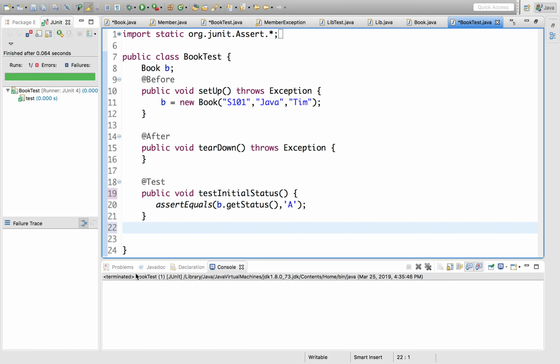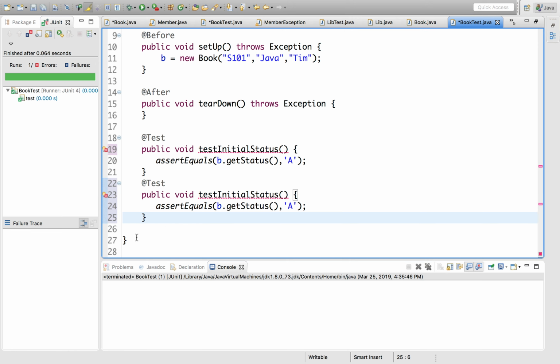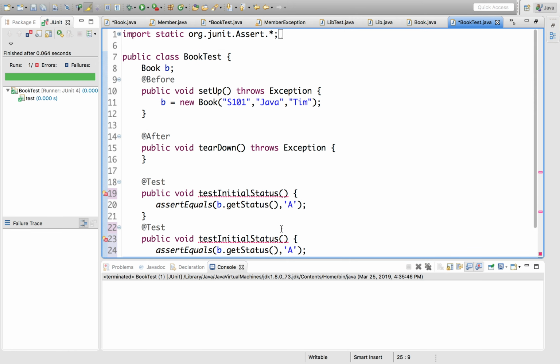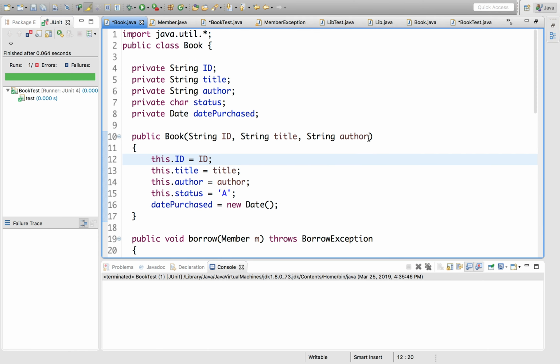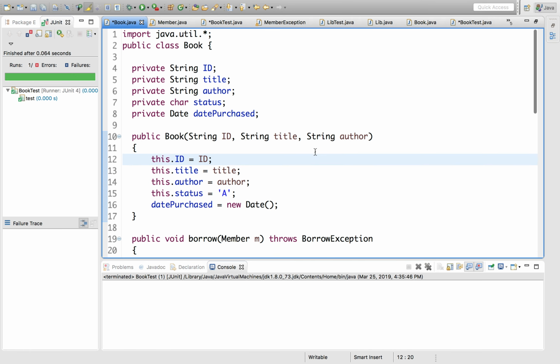So let's try and borrow, let's see what methods we have in the book class that we are testing, right? So if you look at book.java, yeah, so if you look at the book.java,